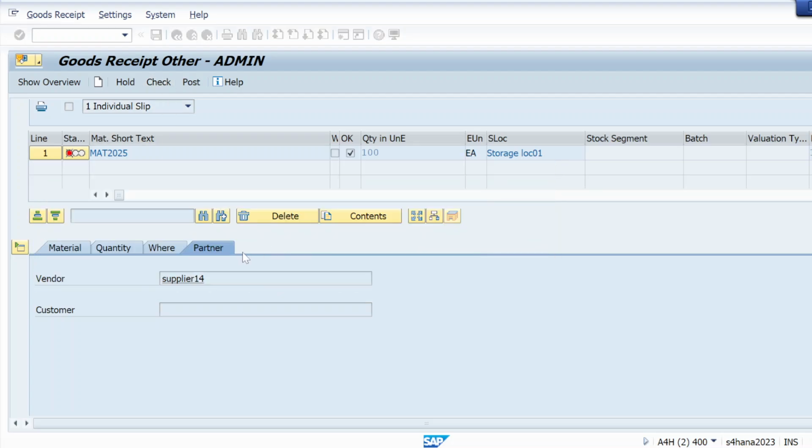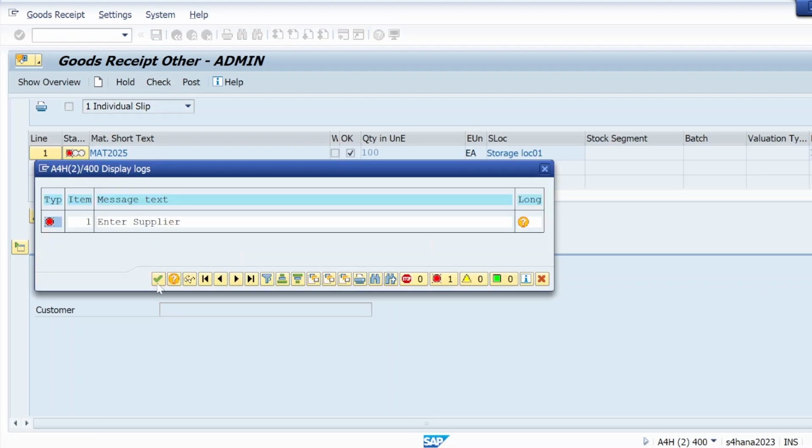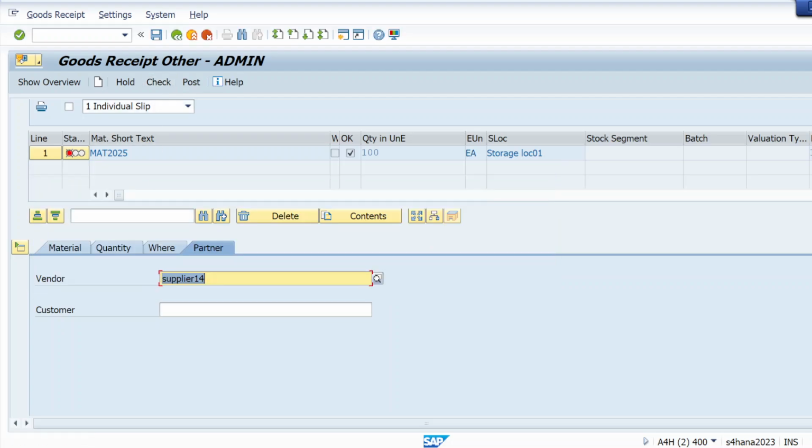This is already maintained, but why is it not taking? It's the issue.